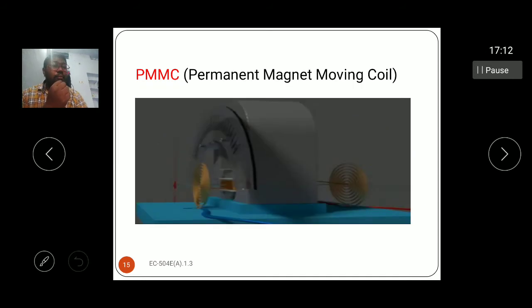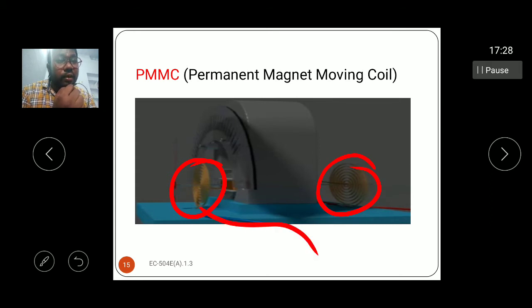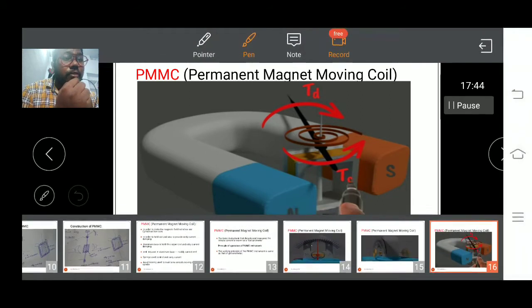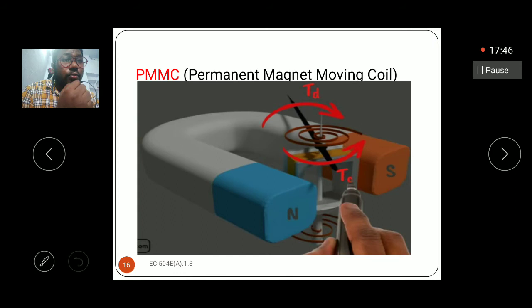With the help of diagrams I am showing the coils, how to fix the coils, and what the aluminum base is inside the galvanometer or the PMMC meter. Here we observe two ring-like springs. One end is connected to one terminal, and the other end is connected to the other. Here we have the calibrated scale. Both at the front and back we have spring-like parts. Here we clearly have the permanent magnet, north pole and south pole. Here we have the two springs. Here we have the spindle.